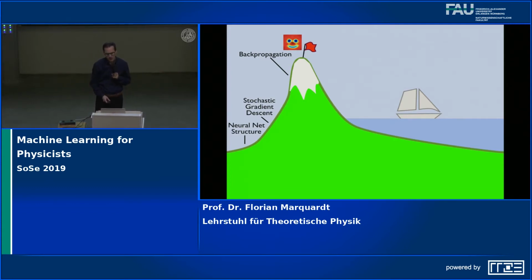And the way to achieve this is you define some kind of cost function that measures the deviation between the desired outputs and the true output of the network. And then you try to minimize this cost function by adapting all the weights, by tuning all the weights. And the way to do this is simply gradient descent. So you try to change the parameters of the network in just the right way so as to minimize the